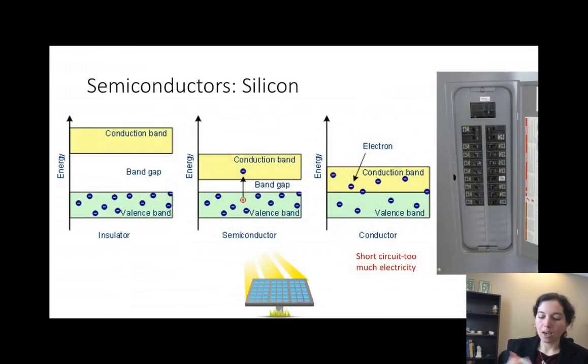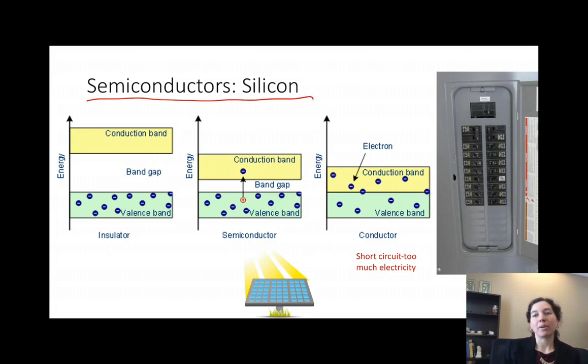Another property of our semimetals, or sorry, our metalloids that's really important is the semiconductor. So semiconductors like silicon is a metalloid, it's in that category. Semiconductors are used in a lot of electricity applications because they allow electricity to pass through them, through that sea of electrons, but they don't pass through it great, which is really important when we're looking at electricity conduction. So the problem with metals is, yeah, they're great conductors, but if you have a really good conductor,